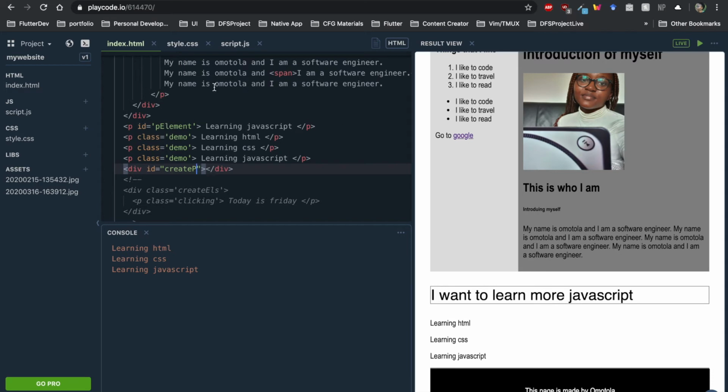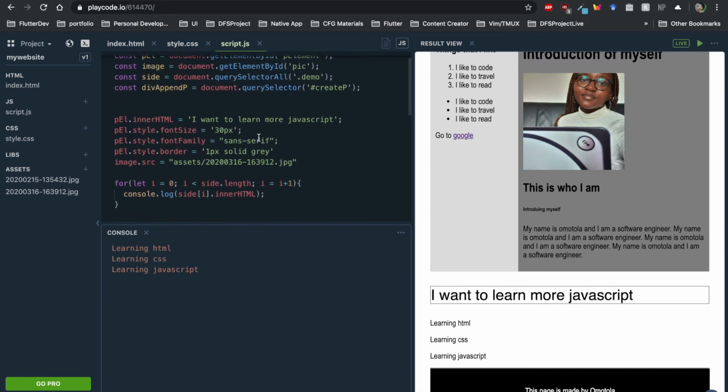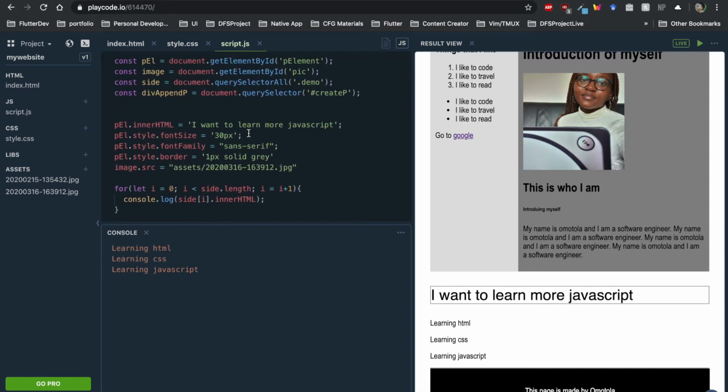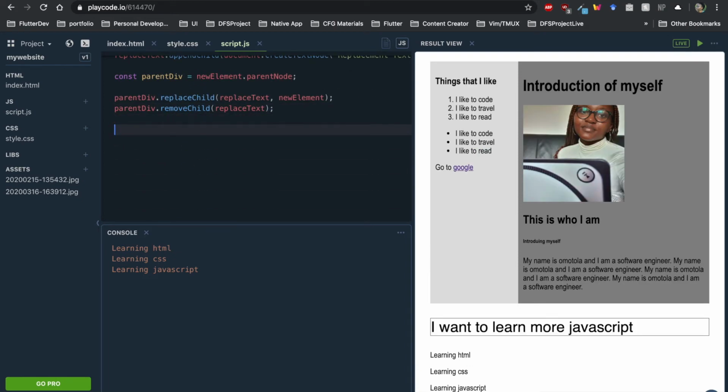The ID was pElement here. So let's go and see if I've selected that before. So this is this first one here. So how do we then add an event listener to this P element? We can do that by doing